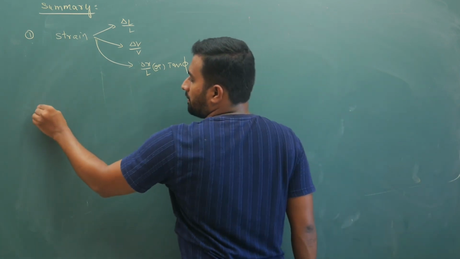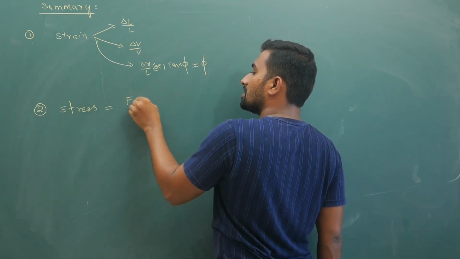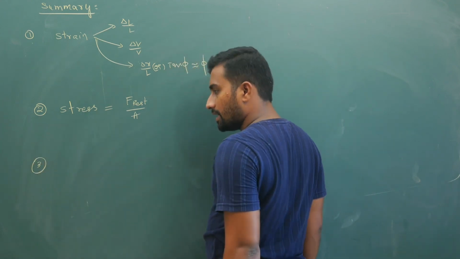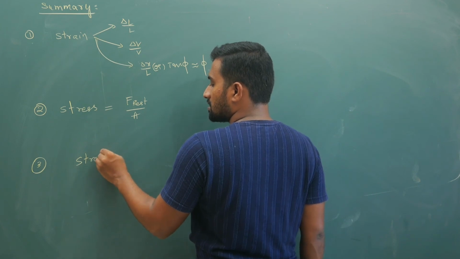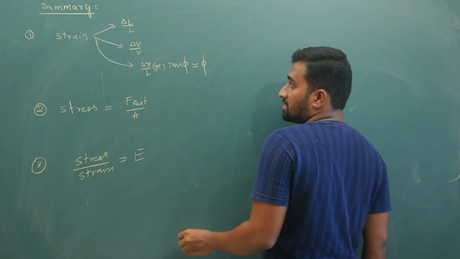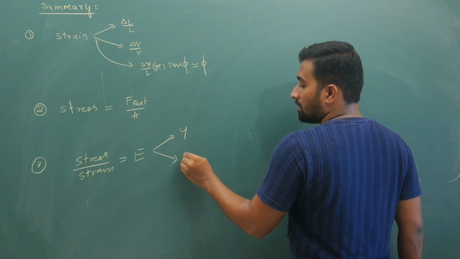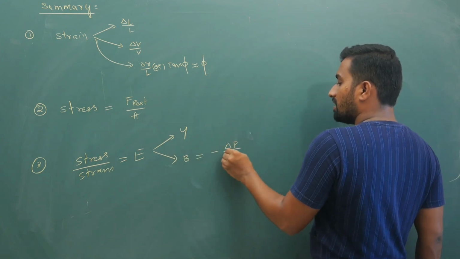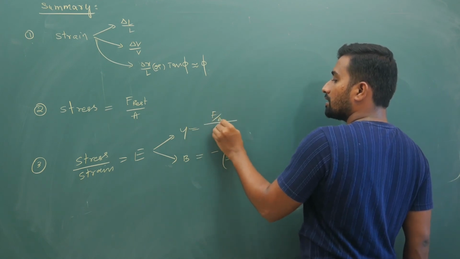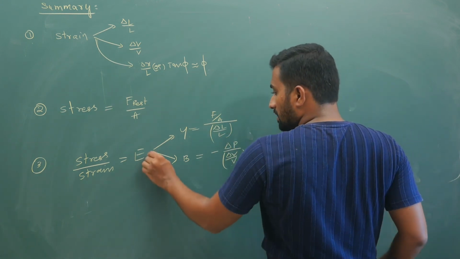Next, coming to your stress, the basic definition is restoring force by area. And if Hooke's law is valid, your stress by strain is the modulus of elasticity, and this modulus of elasticity can be Young's modulus, or bulk modulus, which is minus delta P by delta V by V. It is Young's modulus if you have force related to length, the longitudinal length part.